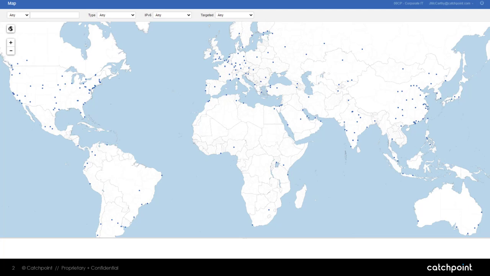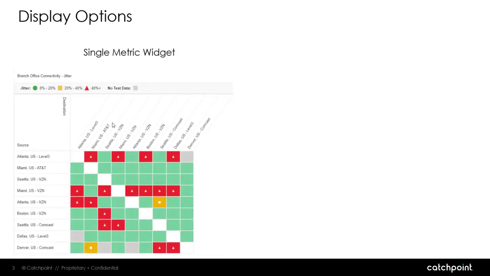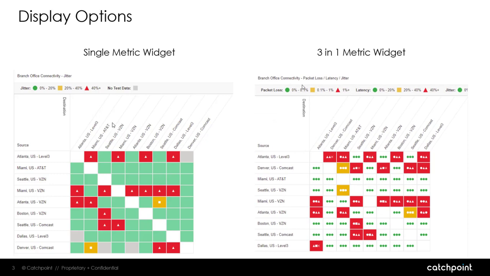Now this allows you to identify any issues with communication between your data centers, branch offices, or any other locations where your enterprise nodes are deployed. As for displaying the information, you have two options. Build a widget to display one of the three metrics, so packet loss, latency, or jitter. Here I'm displaying jitter. Or build what we call the 3-in-1 widget, which displays all three metrics simultaneously for each